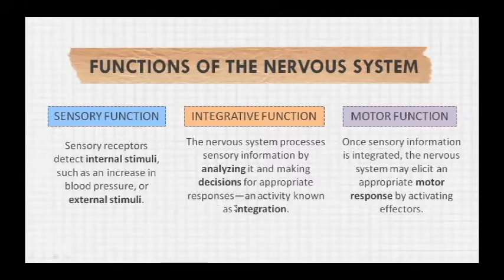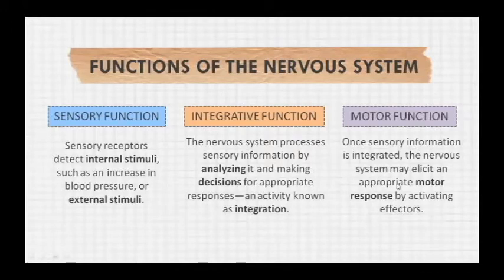So after doing the sensory function, our nervous system also does the integrative function, in which it analyzes the information it has received from the sensory receptors, and it will now proceed to the motor function, in which the nervous system elicits an appropriate motor response